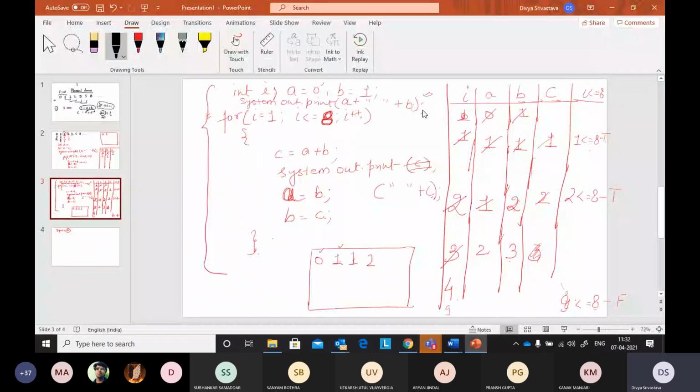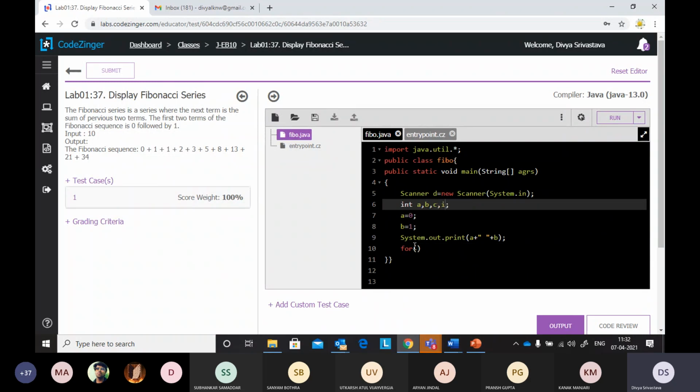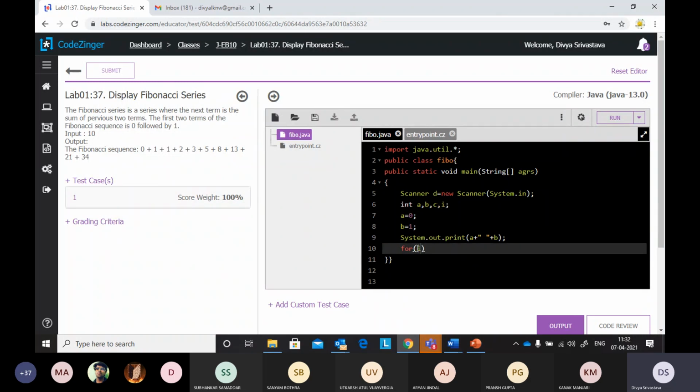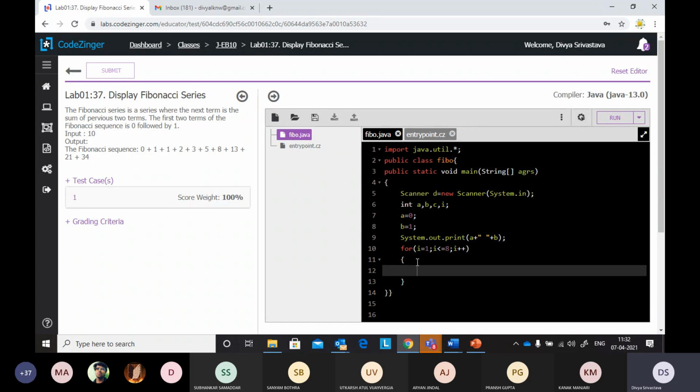Now let us start with a for loop. Again, if you want, you can go for a while loop as well, whatever you feel like. For I is equal to 1, I should go less than or equal to 8, I plus plus. Why? Because I have already printed 2 elements of my series.